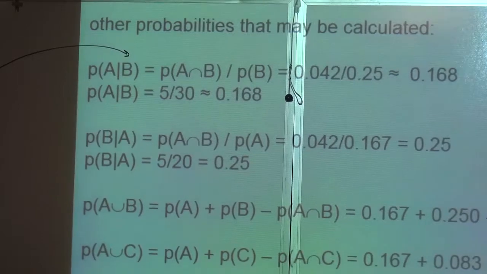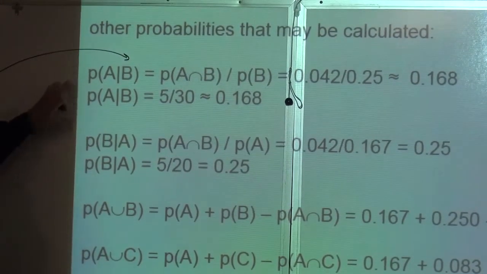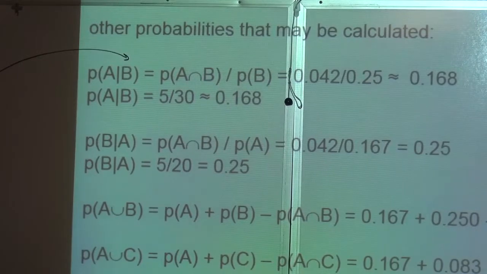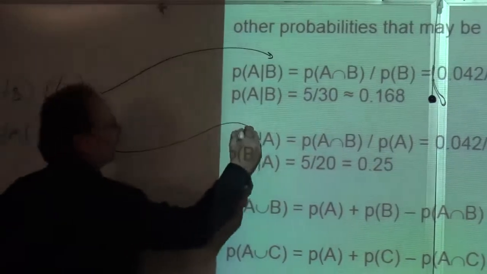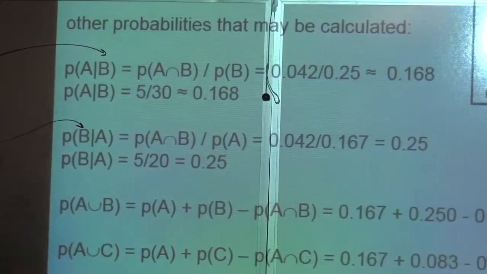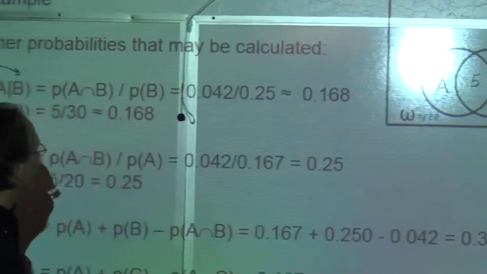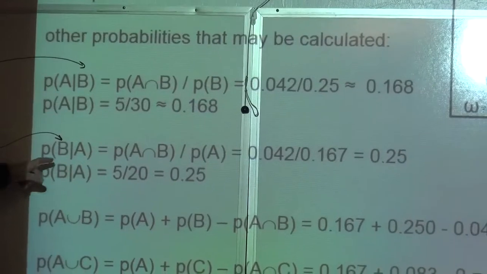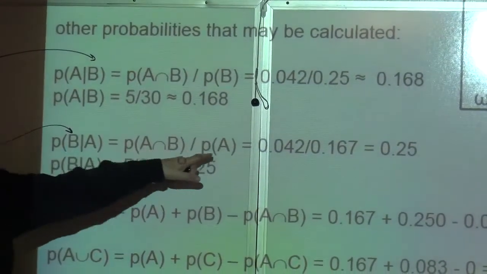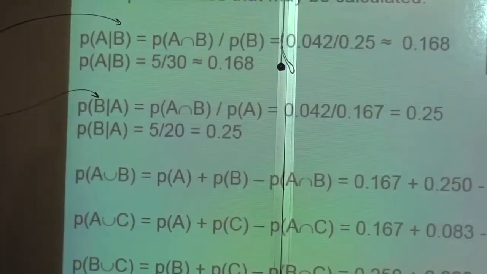The probability of that conditional probability, sorry. And if we take the bottom one here and do the same thing with it, probability of B given A, it's the same thing. Given that I'm in A, it's 5 over 20 or 0.25. I can do the same manipulation, A intersect B over the probability of A, from the previous page's results, and you get the same result.